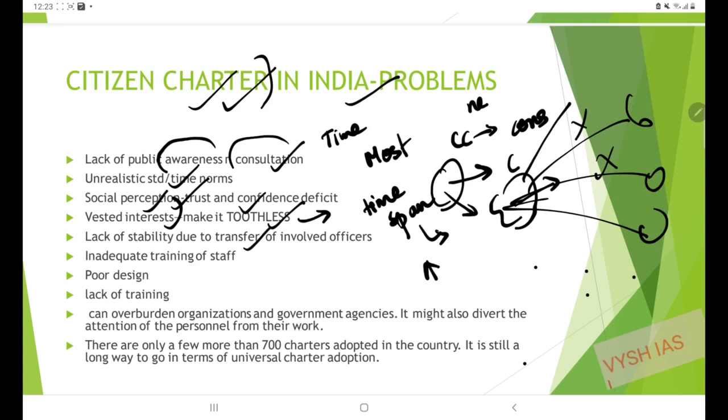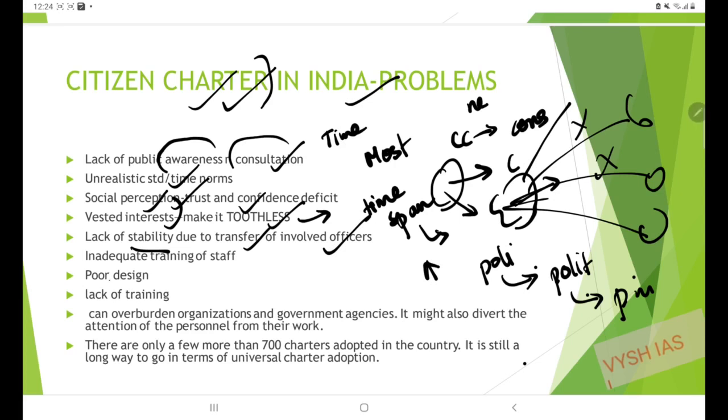Then lack of stability due to the involved officers. In India you can see that whenever a government officer is doing something good, he is subjected to political scrutiny, or we can call it a political penalty in terms of punishment transfers. Many officers get transferred because they are not inclining to some demands of politically unethical people in the administrative sphere. So there is this lack of stability. When such abrupt transfers take place, there is lack of stability in the policy framing.